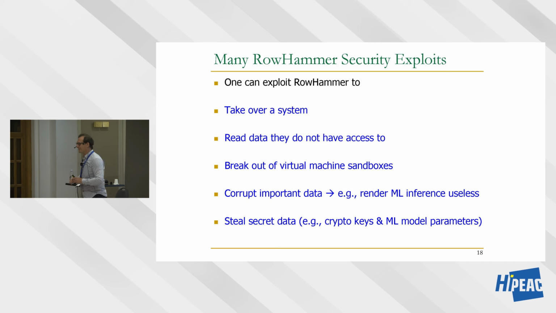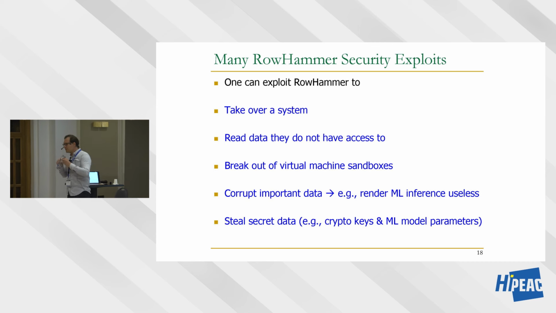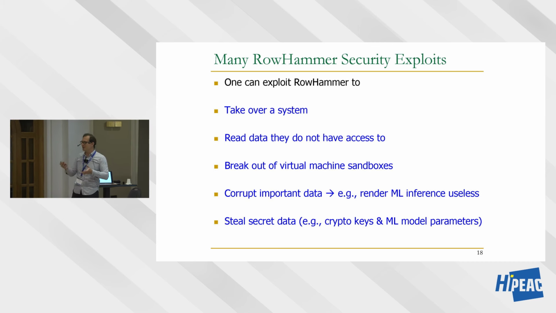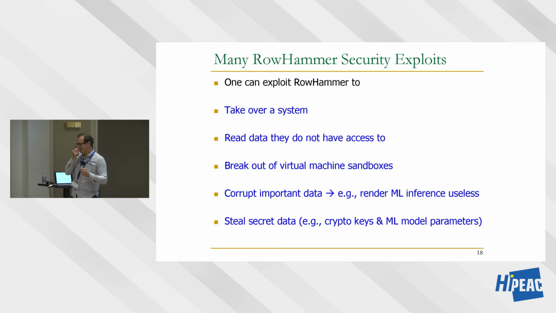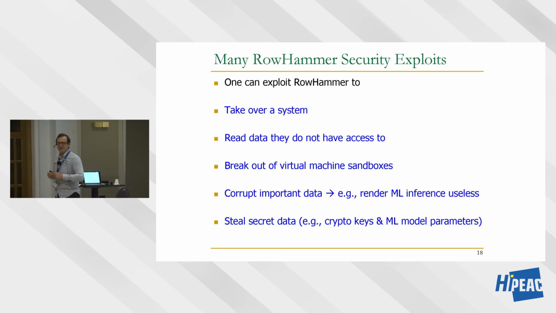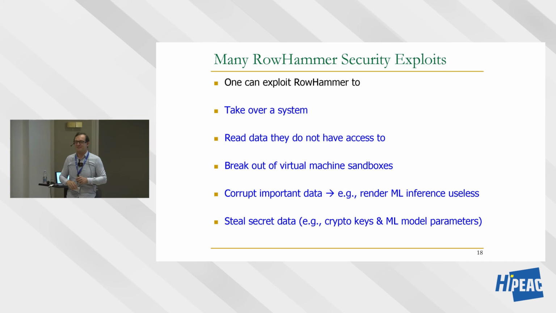Yes? If you have introduced root of trust, that type of security, is this still a problem? I mean, okay, you can destroy the operation maybe, but not get data out? Yeah, I guess it depends on what you mean by root of trust, but in some cases, if you have full encryption, you may be able to figure out that this is happening. Your data may be corrupted, but people may not be able to make use of it. Yes, that's right. But you may still lose your data, or part of your data, because of corruption. Okay,